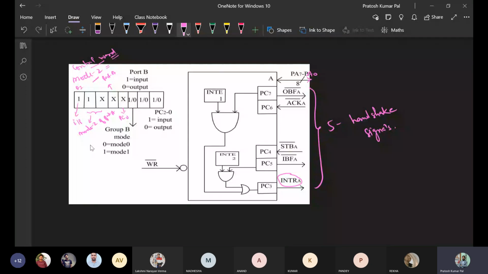If these are 1, then it will be activated, or with these 2 and the other INTE, the interrupt will also be enabled. If the interrupt is enabled by one signal, it means port A wants to work in input mode, and if the interrupt is activated by the other signal, then port A wants to work in output port mode. Okay.